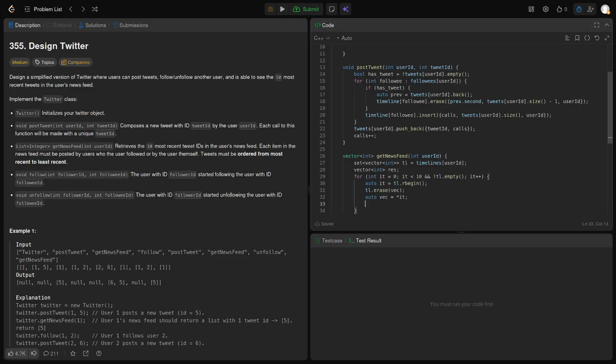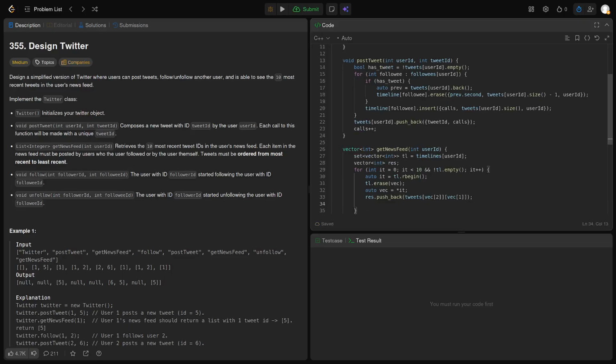So we don't care about the time, we have the index, right? So result push back tweets by vector 2, and we take vector 1 in there, right? And then we want to do, good question, so first, and then if vector 1 over 0,